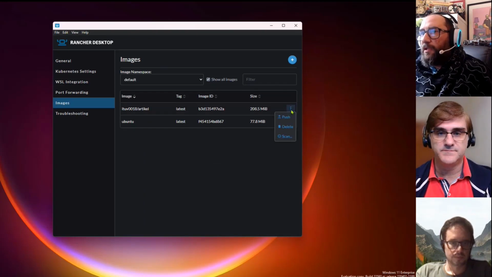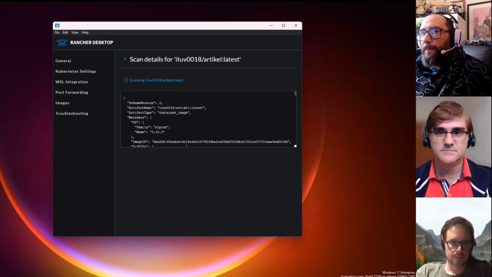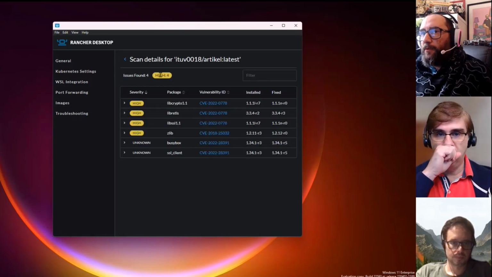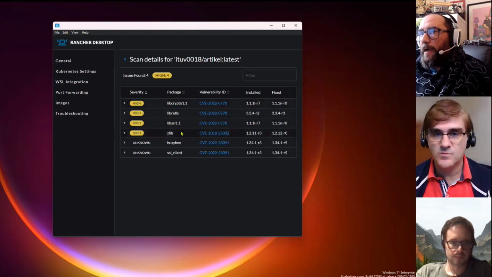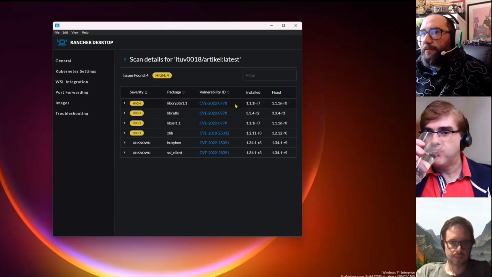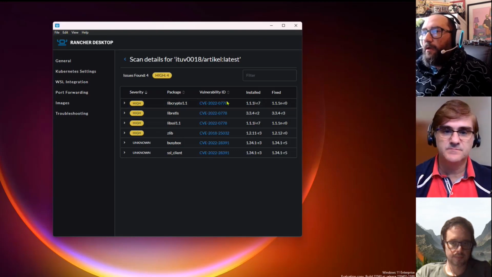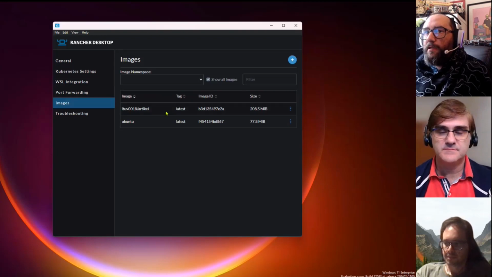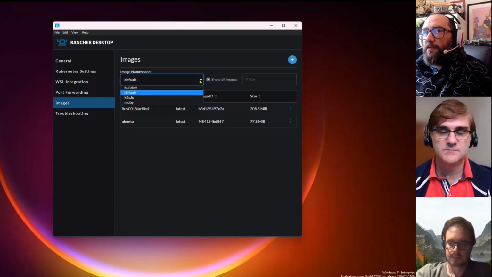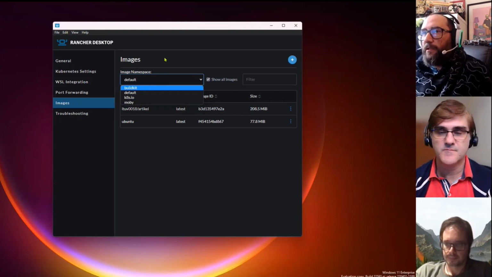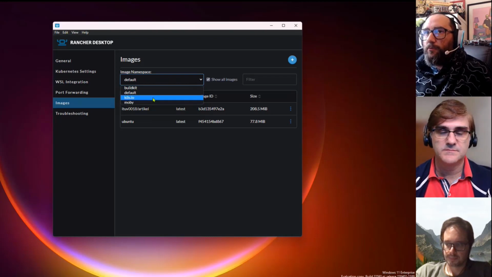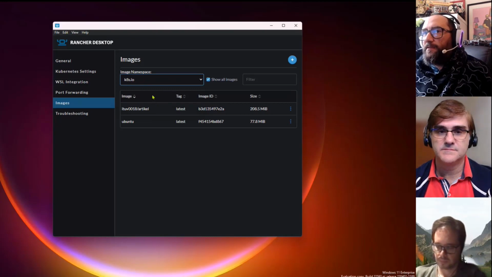If I use another image, that was a question from someone, if I scan it, here you can see that we have, let's say, 4 vulnerabilities discovered. Okay. And here, like that, you can have the scan. You can, let's say, play with it. I never really entered this page here, actually, to be totally sincere. But what I like is, especially the